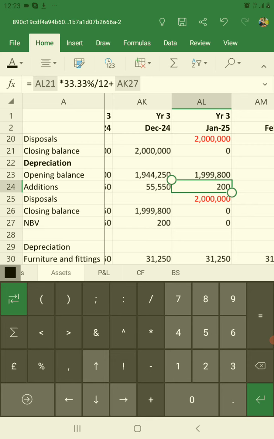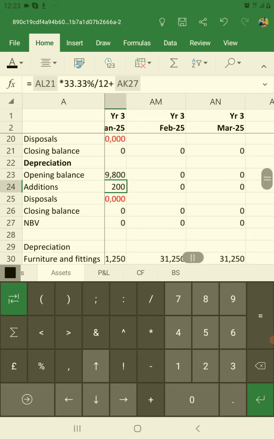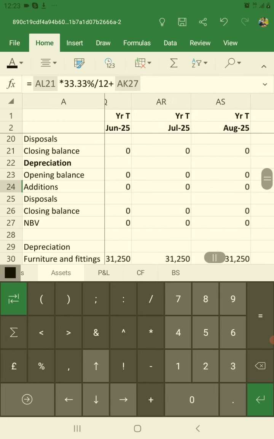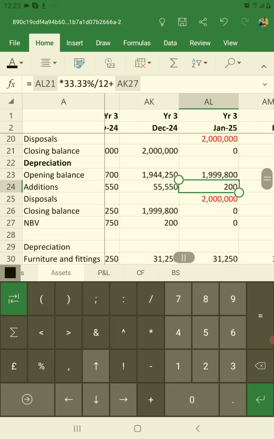But because we have added the remaining net book value of the asset that is going to be disposed, the total addition of depreciation for this month of January 25 for this process of disposing the asset is the remaining net book value, which is 200. So we are done, and now you can see after this we have net book value of 0 and closing balance of 0 throughout the projected horizon, which is now the correct way of accounting for